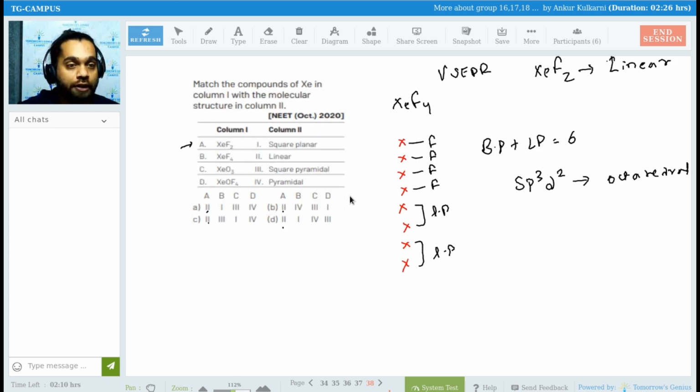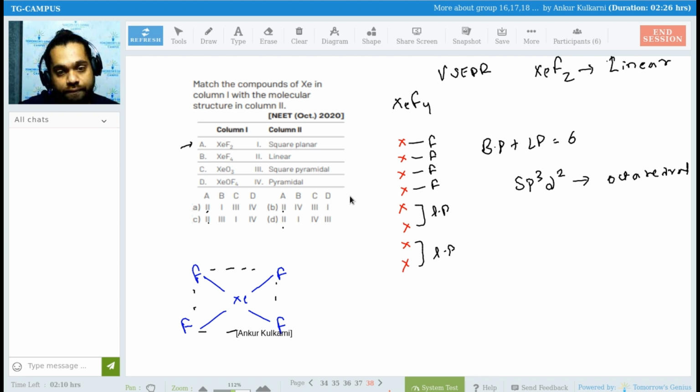So how will I draw the octahedral? Look over here, Prashanti. Xe, F, we have what? XeF4, correct? So Xe, F, F, F, F, and this is your square, and we have 2 lone pairs. So 1 lone pair at the top, 1 lone pair in the bottom. That makes 2